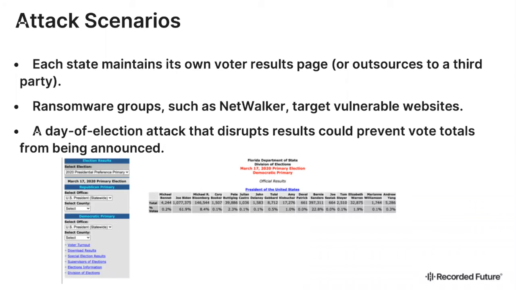The final thing that we have to worry about is attacks on voter results databases. Each state maintains its own voter results database or page, or they outsource it to a third party. We know ransomware groups such as NetWalker do target vulnerable websites. The websites are important because that's what the public looks at, but you also want to make sure that you're protecting the actual database that all the updates get pushed out to, because that really would be the major target. If the website goes down, that's bad, but you can still get results out. But if that actual database goes down, then the precincts don't have anything to upload the results to. So the results aren't impacted, but the ability to report the results is, and that could lead to a lot of